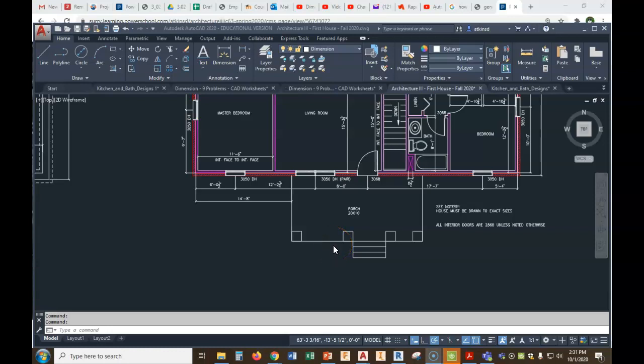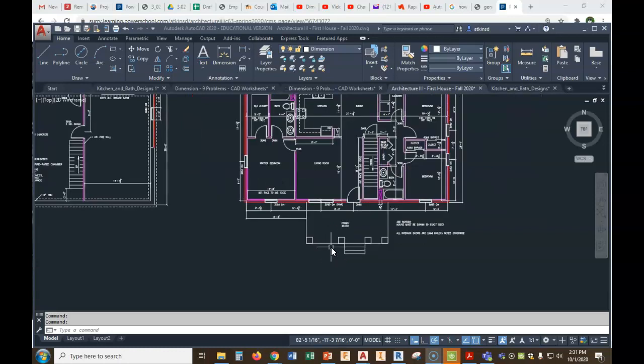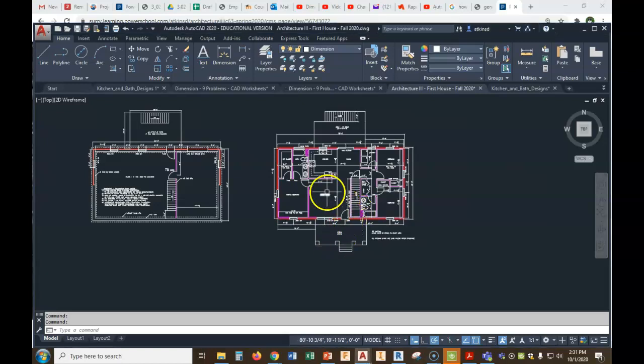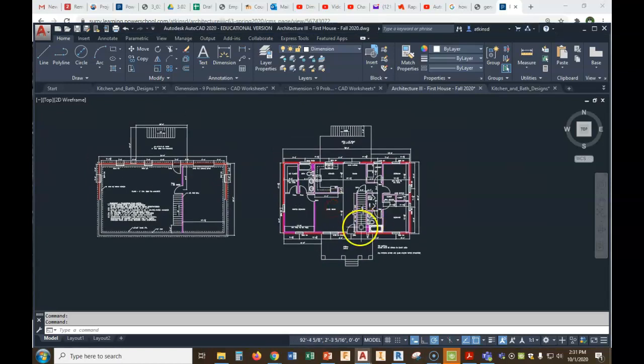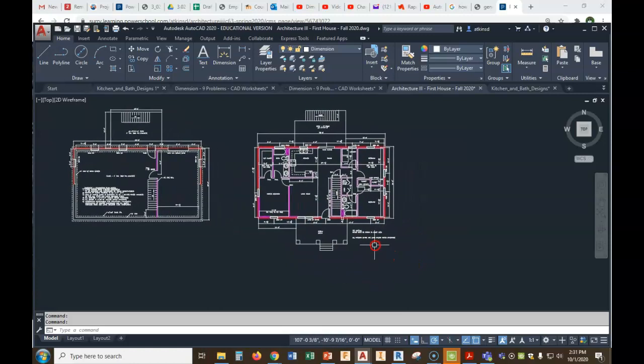Hi everyone, we're going to look at our house this week. As you can see, I've got it on the screen. We're going to talk about elevations, and remember all elevations are the views of the house. So when we draw this, we're going to draw a basic elevation of the front and the back and the